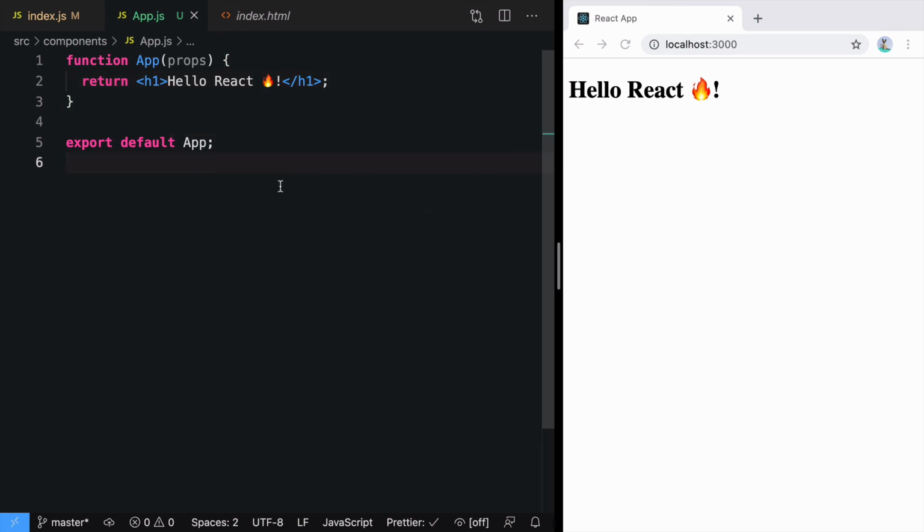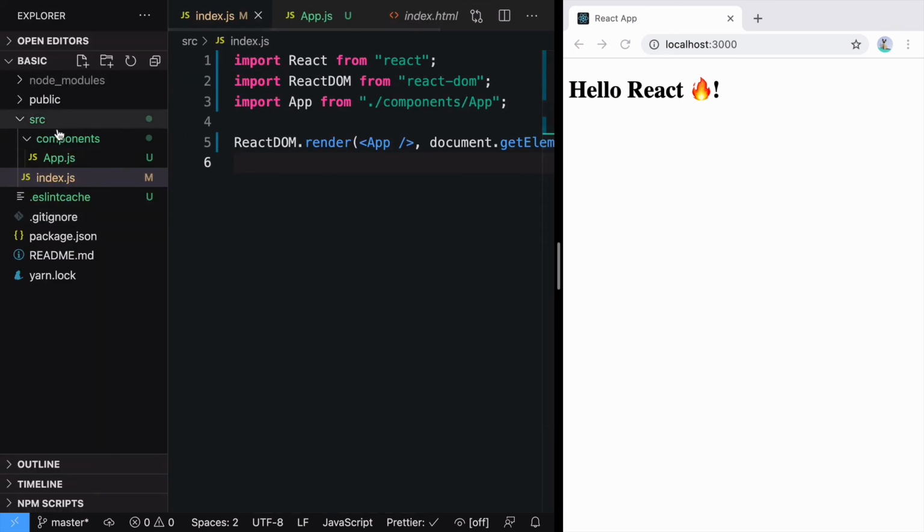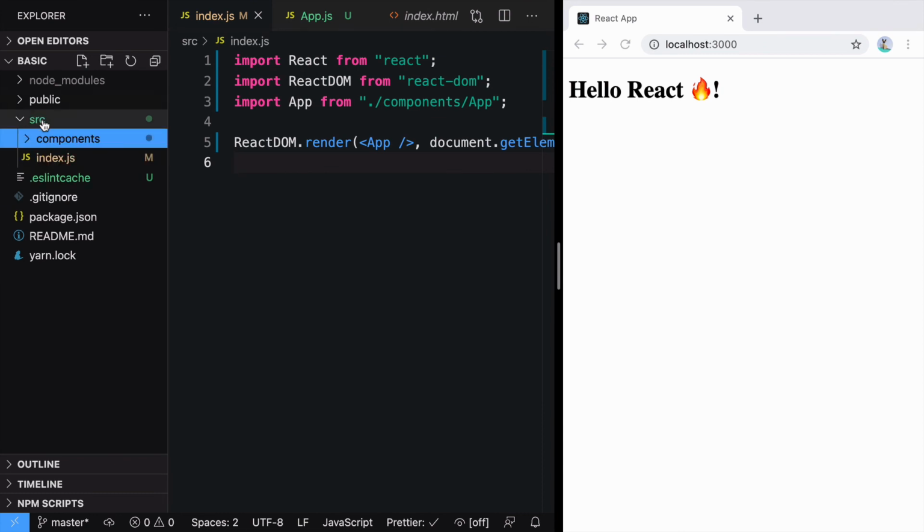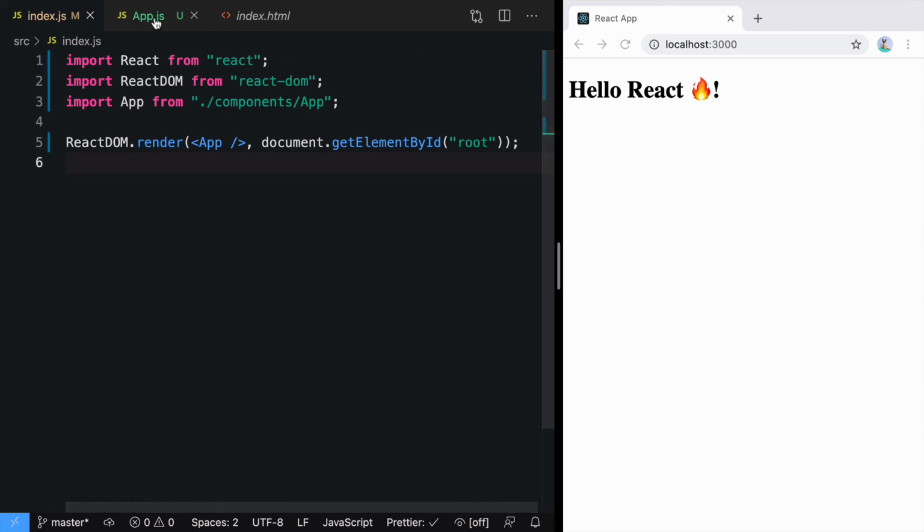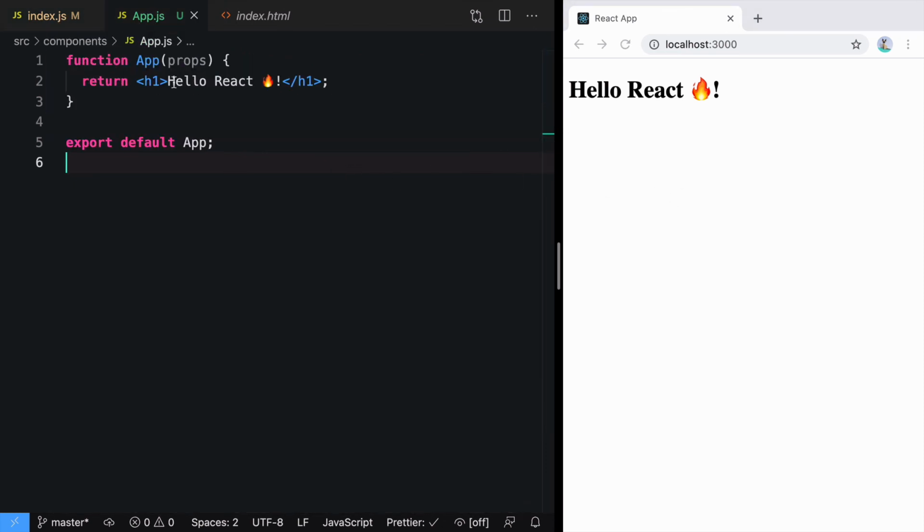So these are the things that come with Create React App. Understand the folder structure. You just have to do it inside src. You can create multiple components, export it from there, import it here, and use it. So whenever you change anything in a component, it will change by itself. You don't have to refresh it. So that can help you build things faster.